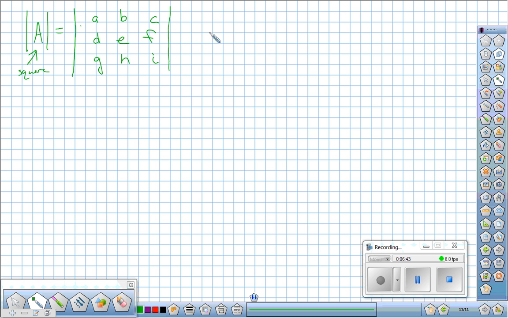Okay, so when I do that, I'm asking you to find the determinant. The way that they write it is you have A, 1, 1. So A means that it's of matrix A, it has nothing to do with the fact that this is A. This is actually A, 1, 1. And I'm going to multiply that by the minor 1, 1. And then from that, I'm going to subtract